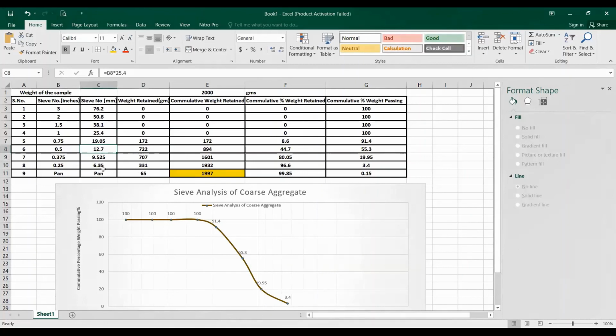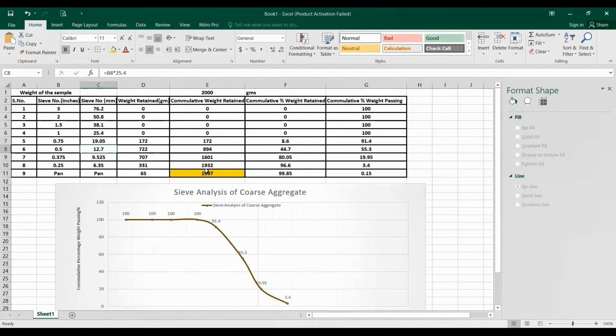You have more amount of 6.35 millimeter in size. So you can see how much percentage of different sizes of material you are getting in your sample. So you will be able to find out which sizes of material you are getting from this sieve analysis of coarse aggregate.